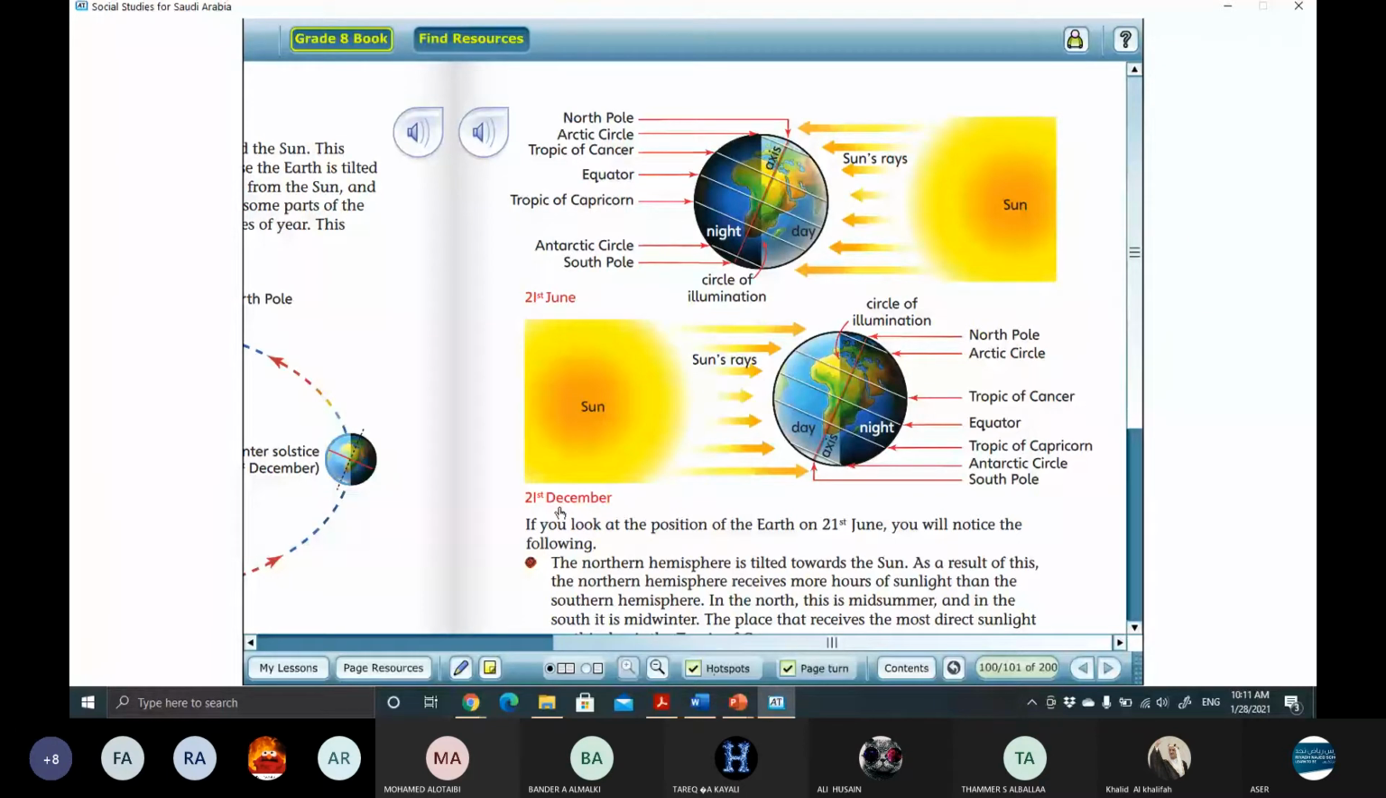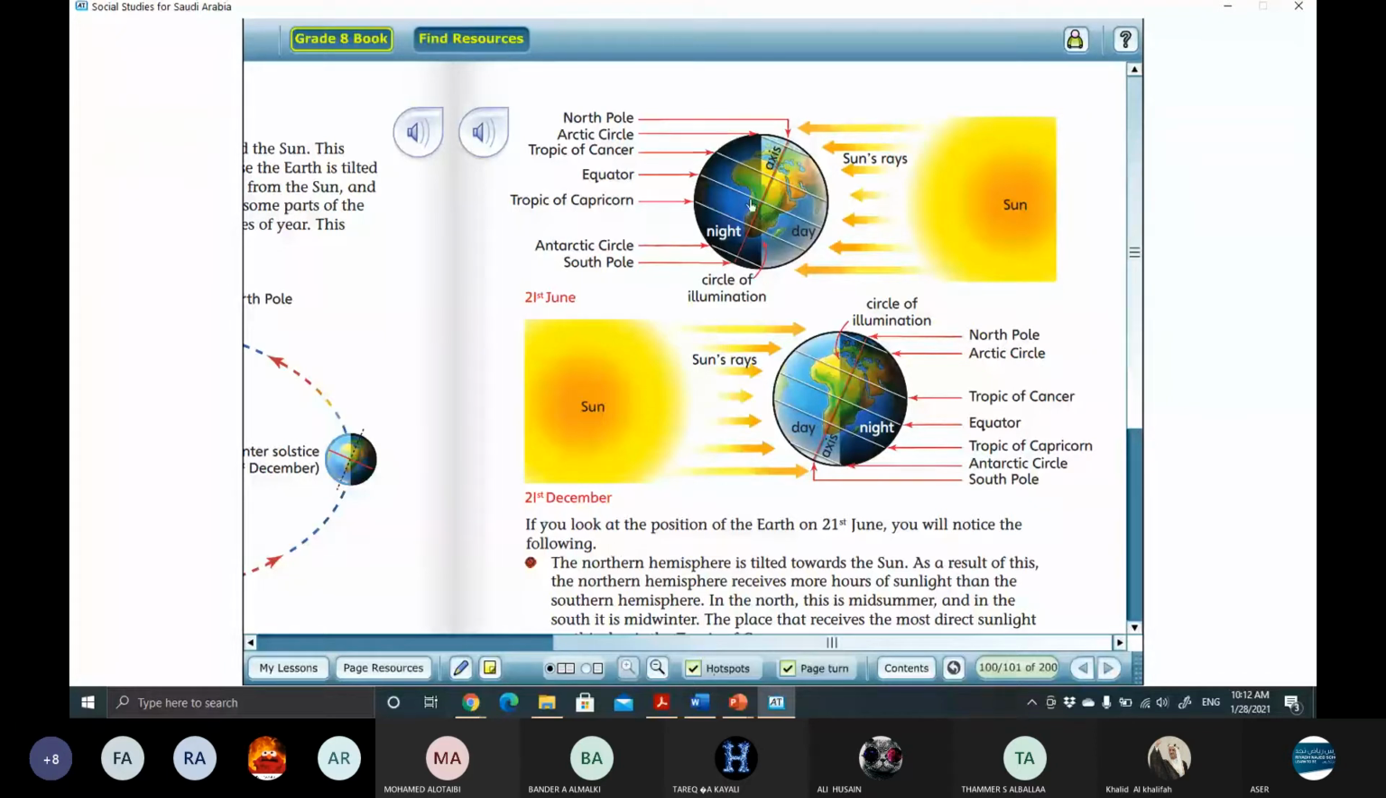On the 21st of December, the southern hemisphere faces the sun and the northern hemisphere faces the shade. So we will have the 24-hour day at the South Pole. All the day will be in the sun rays, so all of it will be light. On the other hand, the North Pole will be dark for 24 hours. So the operation is inverted between the 21st of June and the 21st of December,